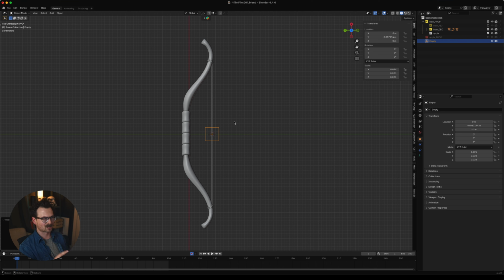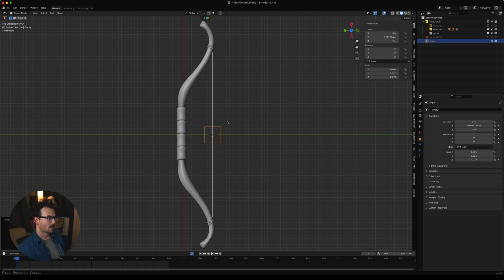So when you download this, you're actually operating with a teeny tiny bow, and that's because it was teeny tiny for the shot I was doing in my shorts. So apologies there, but it is what it is. So I'll scale this down to something that feels appropriate like that, and now I can hit Command A and